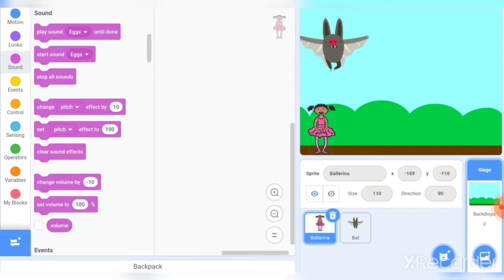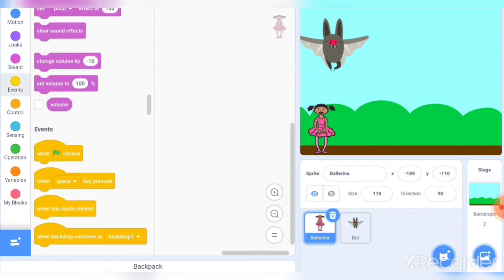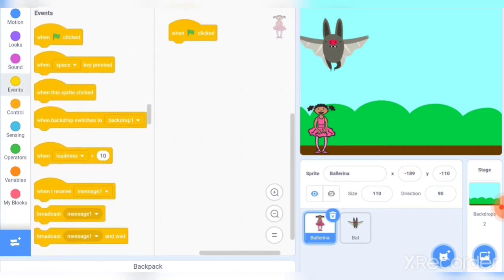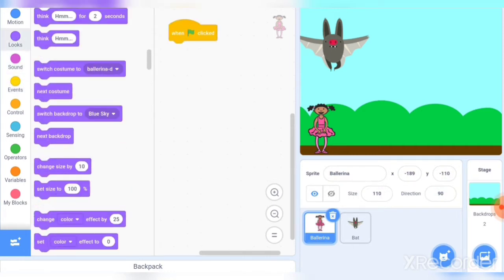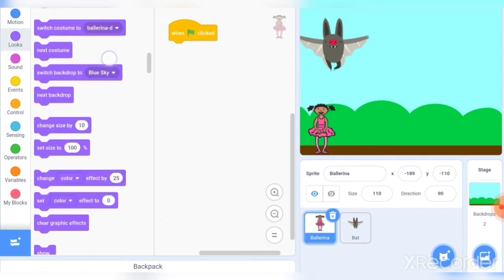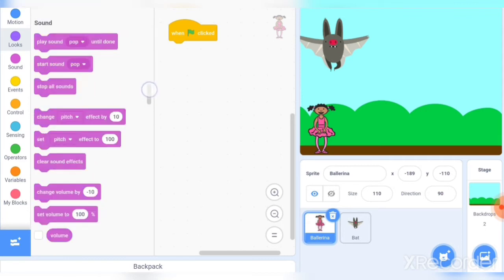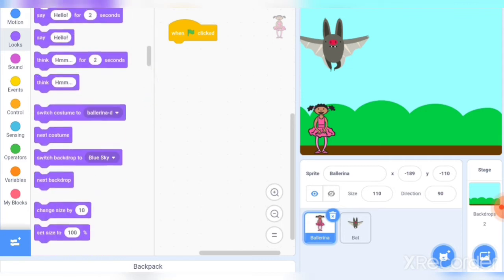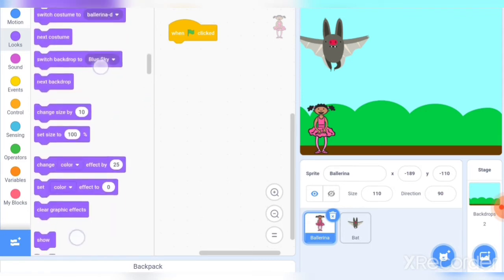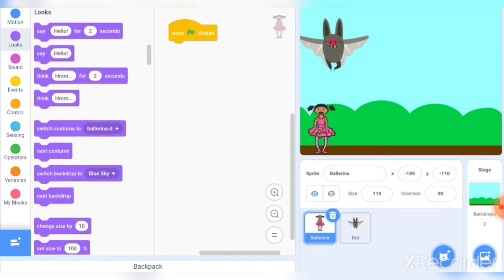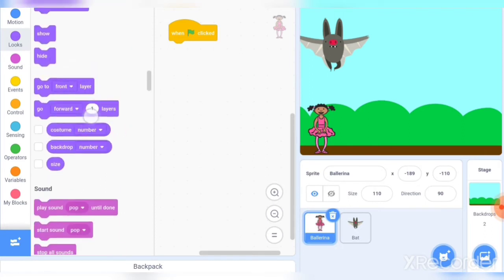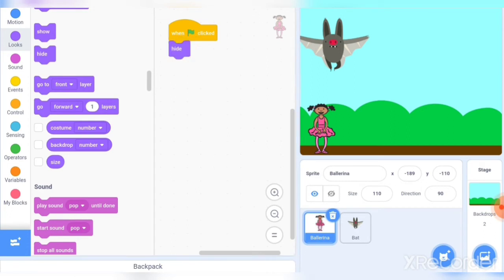Next, the coding of the ballerina. So first for that we have to take when green flag clicked, then we have to hide her, so we will take a hide block from the looks category. So we are taking this hide, and then I will take the motion block.